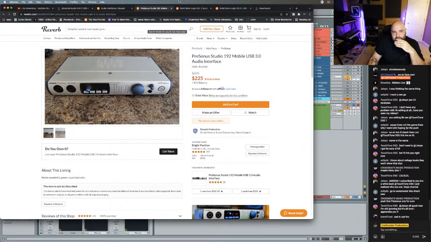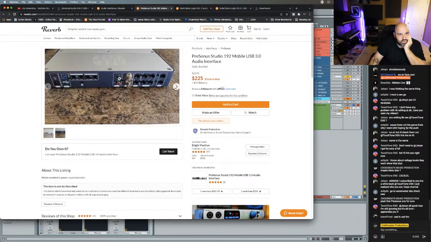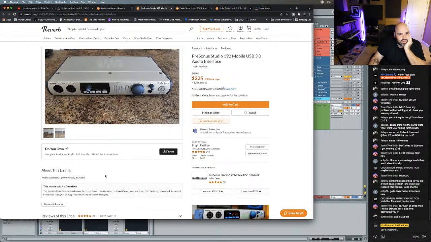Go to Sweetwater. Let's check new. Bro, new for $200, you're not gonna power your monitors. You could power your monitors and a sub off of this. Well, at that point, the sub would be powering your monitors, depending on the sub you got. But this right here, you can't.